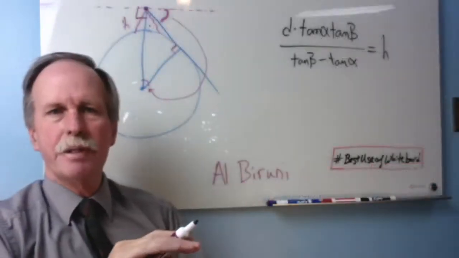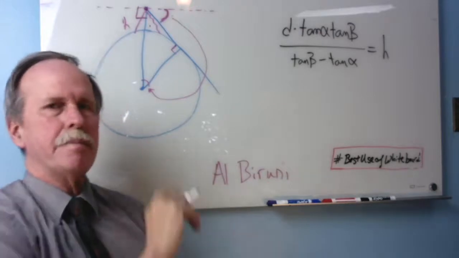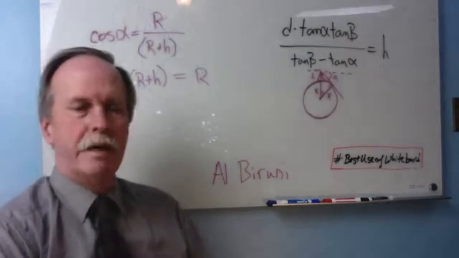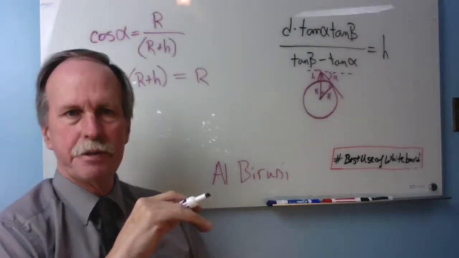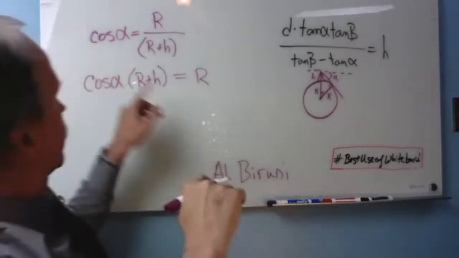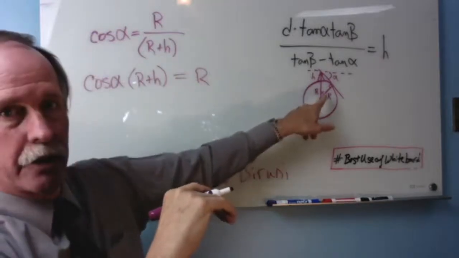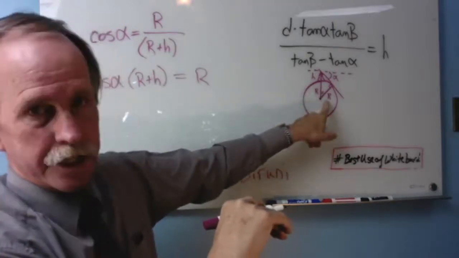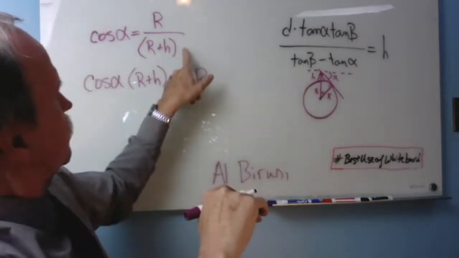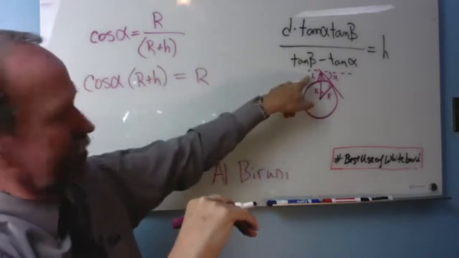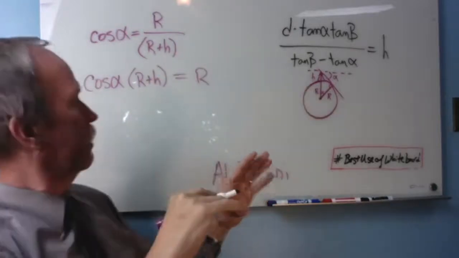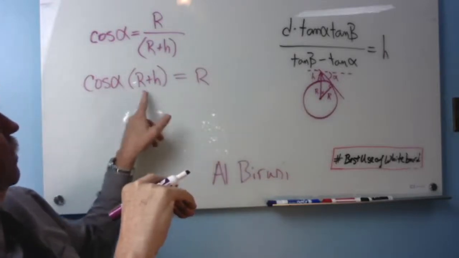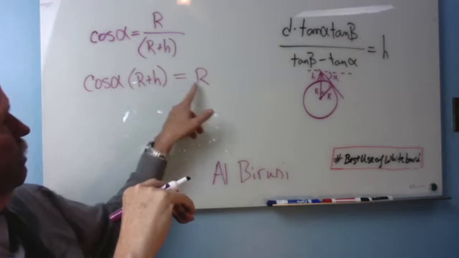Now, I wanted to show you the basic overview of the method, but let's make that a little bit smaller and go through the mathematics. Like most mathematics, the relationship is very easy to state. Cosine of alpha, which is this angle right here, is the radius, which is the adjacent, over the hypotenuse, which is the radius plus the height of the mountain. Pretty straightforward. We can rearrange that so that cosine alpha times (r plus h) equals the radius of